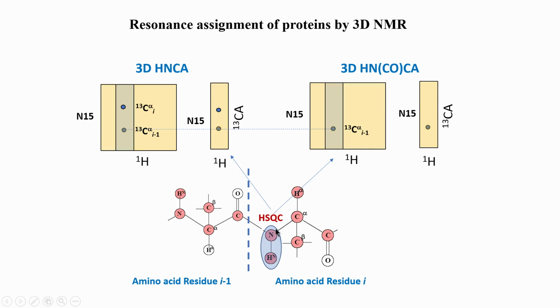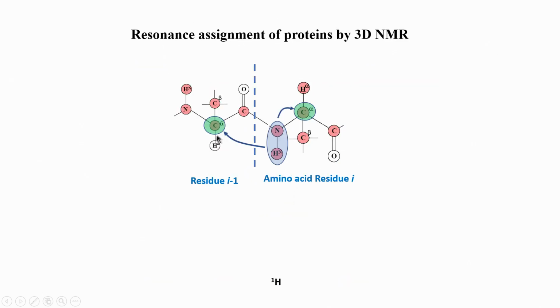Now, for each amino acid in this experiment, for each pair of nitrogen proton chemical shifts, we are getting I and I minus 1, that is, we are correlating to this and this. So, that is what we saw here: in HNCA we correlate the chemical shift of the nitrogen and proton with the C alpha of I minus 1 residue and the C alpha of the ith residue. This kind of connection, where you connect to both, plus its own chemical shift and the previous one, is very important in assignments.